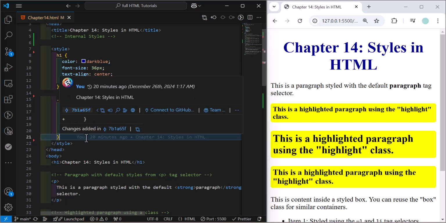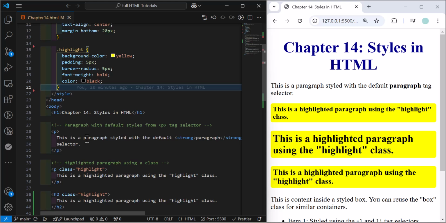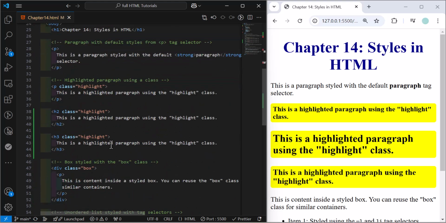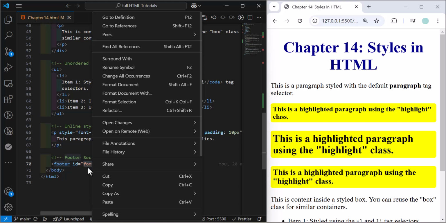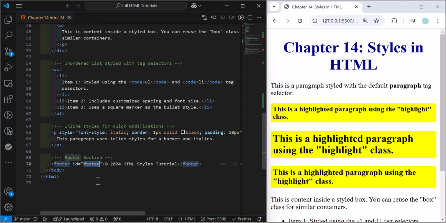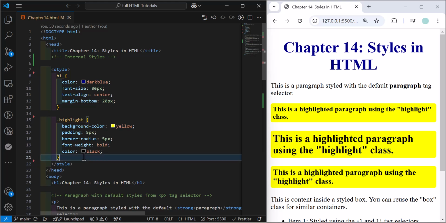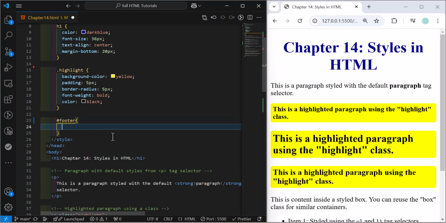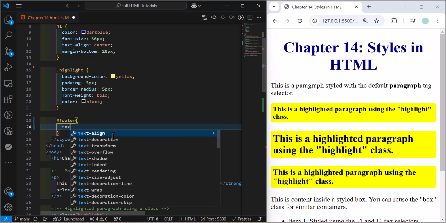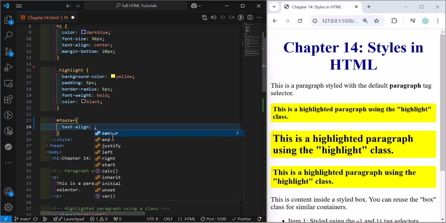Another way that you can add a style and select a tag is by its ID. So in here, if I scroll down, my footer has an ID of footer. So let's see how we can add a style for this. So let's copy this. Let's scroll up, and in here, because we have selected the ID, instead of dot, we will just type hash and the ID name, then our brackets, and inside this our style. So text-align, center,